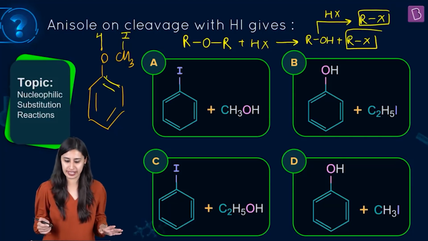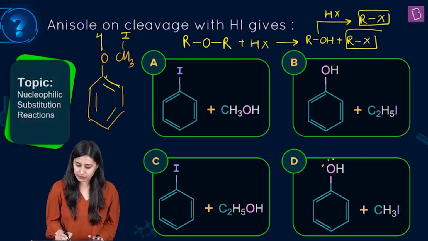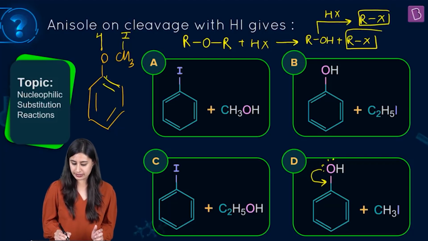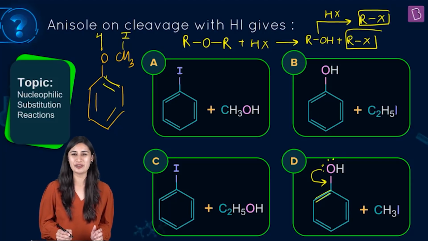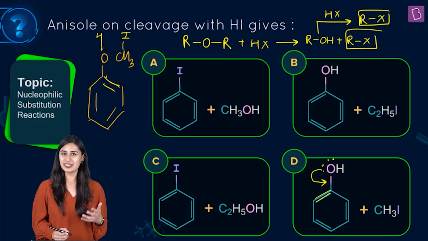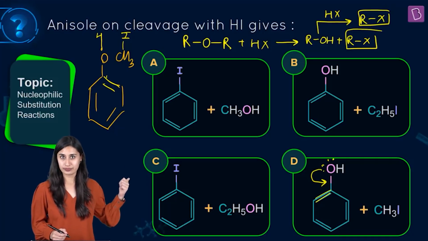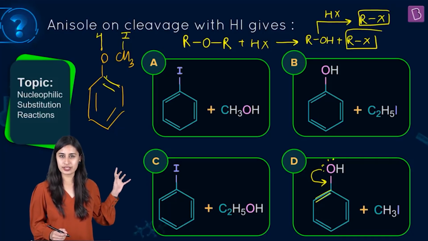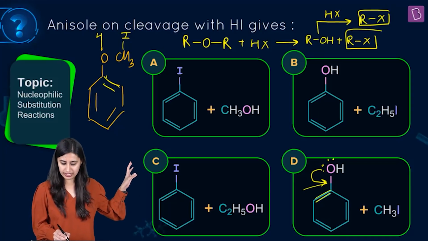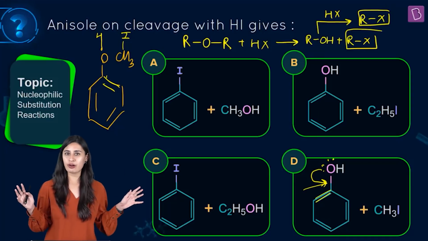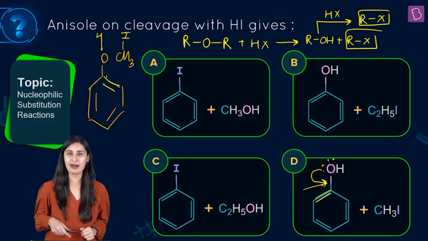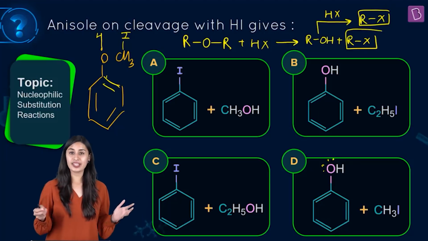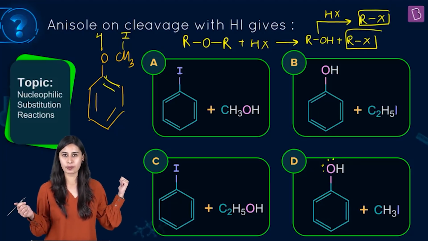Here is where you need to think. Again, OH group out here, common sense. Oxygen has a lone pair and it is in conjugation with a double bond. So if that is the case, there is a double bond character that will come between the oxygen and the carbon of the aryl ring out here. So this aryl oxygen bond is very strong. So forget about further nucleophilic substitution happening. So the answer is right in front of you, which is option D.